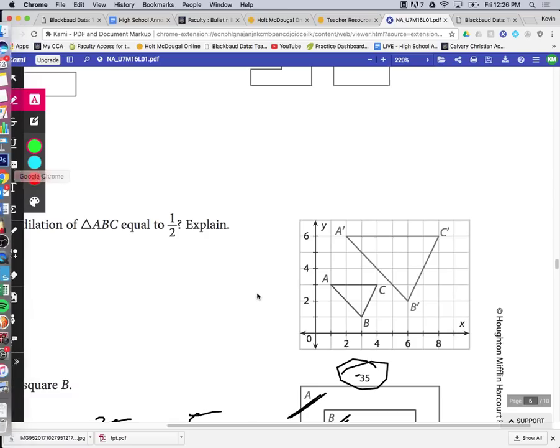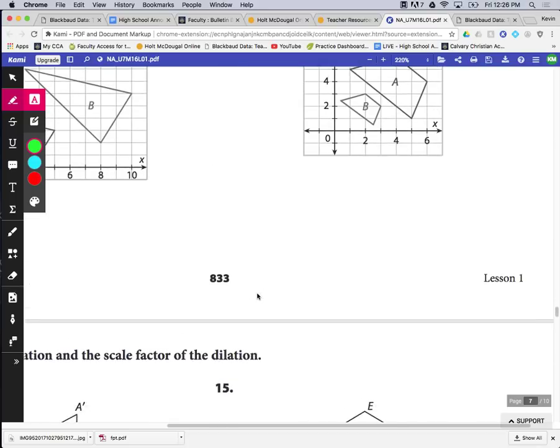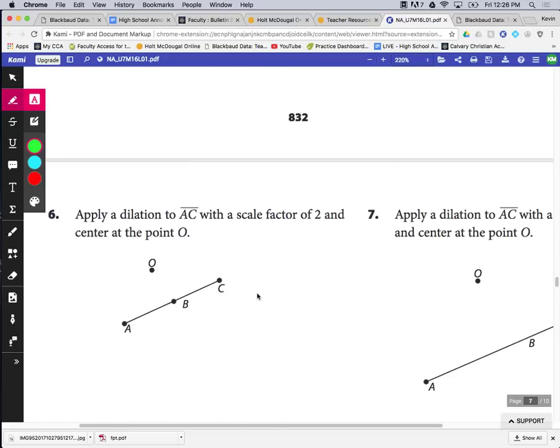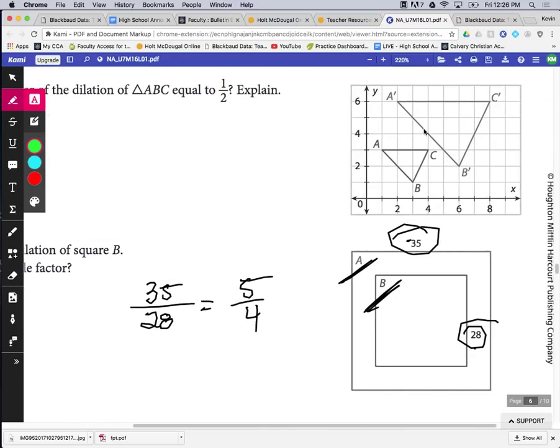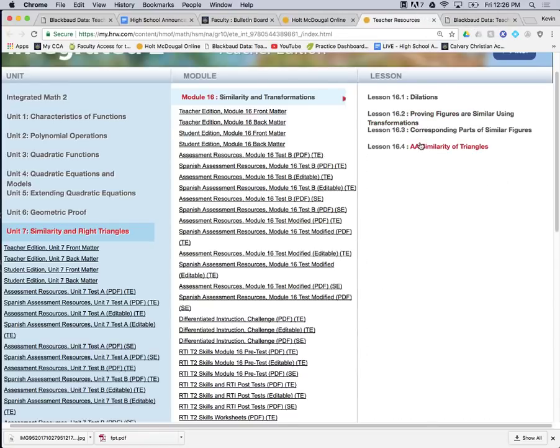Now, what else do I know about a shape when it's dilated? Similar shapes, that the scale factor has to be the same for all the sides. You guys remember that? Scale factor has to be the same for all the sides. But in terms of dilations, that's basically the long and short of it, what I just showed you. Next,